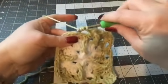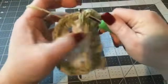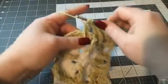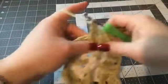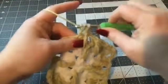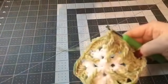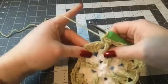Then we're going to do our treble. And we're going to go right down here into the middle. Pull up our yarn, go through 2, go through 2, go through 2, and then work our double crochet. That's what it looks like so far. And now we've come back up onto our corner,